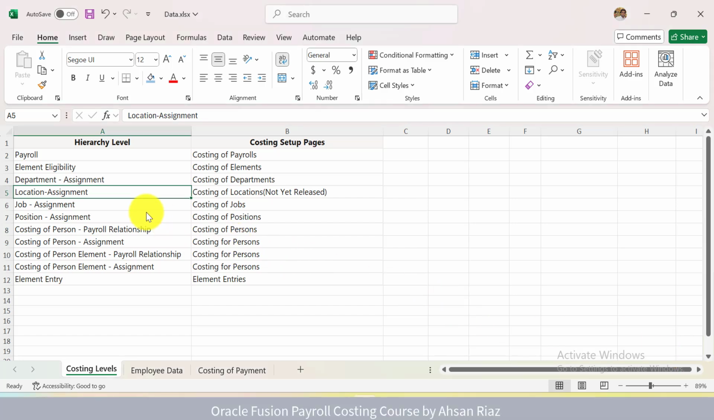Hello everyone, welcome back. In this lecture, we will see what is the costing of payment. In all the previous lectures, we have been seeing how we calculate the costing for each of the employees at different levels. But now we are moving to another important concept called costing of payment, where we define that